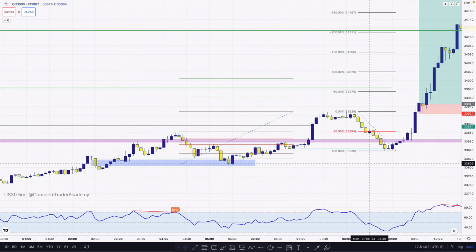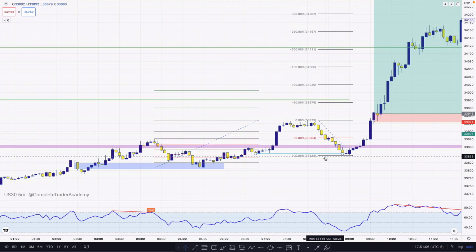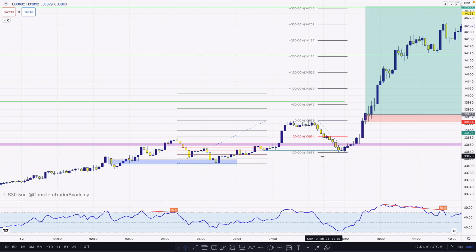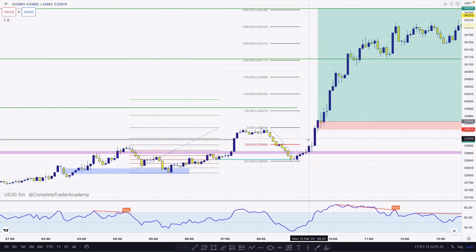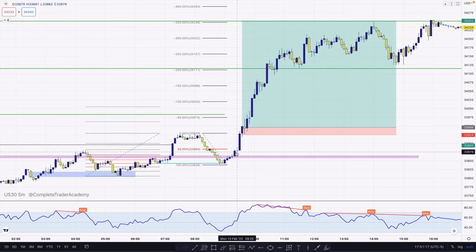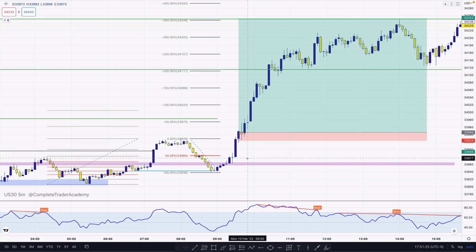So now that it hit that, I could have been a buyer here, okay, but that might not be your risk tolerance, and it might not be your rules. So if you want to play more conservative, you can wait for more order flow, which is what this trade is here. Price rallied up, broke above, nice strong candles, price retraces back, and you have to actually see it on a 1 minute. So I'm going to do that